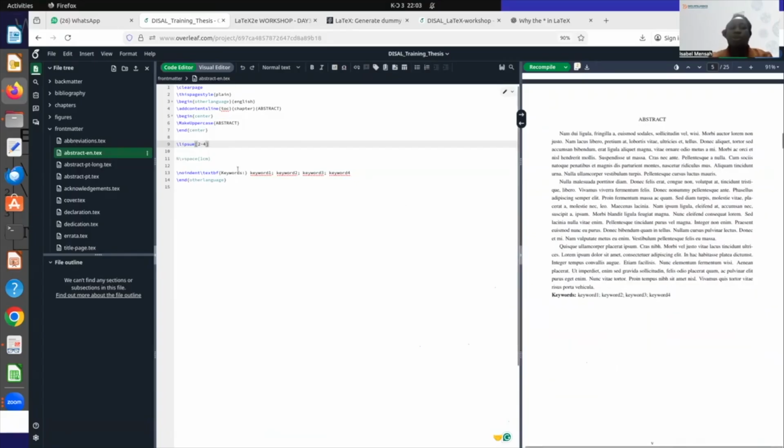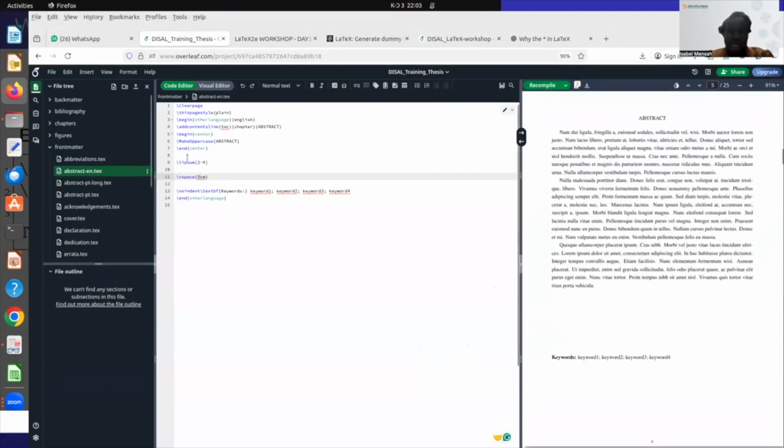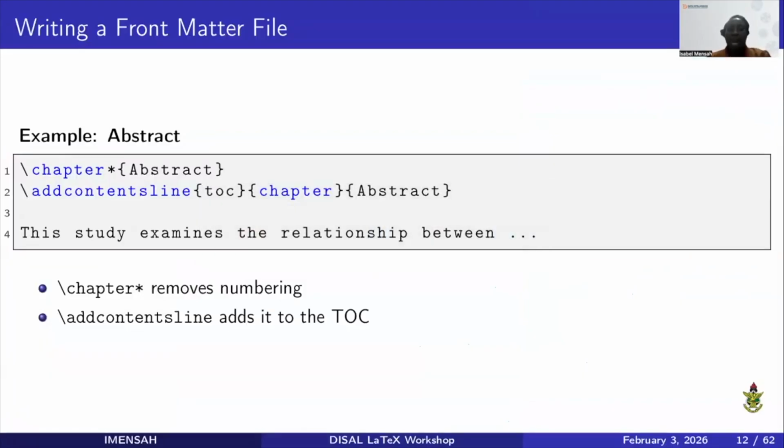And usually you would want to define your keywords. So you leave some space in between. The vspace means vertical space. So you have horizontal space and vertical space. If you want to leave some space between the abstract and the keywords, you do your vertical space, sometimes 5 centimeters, depending on what you're doing, or 2 centimeters, 0.2, 0.1, depending on how wide you want the space to be. So I would want you to go and try your hands on it,